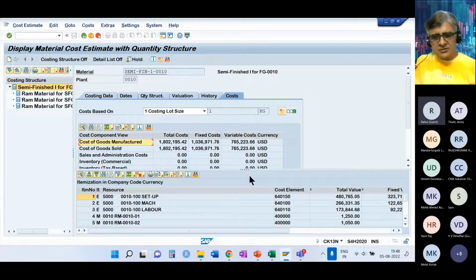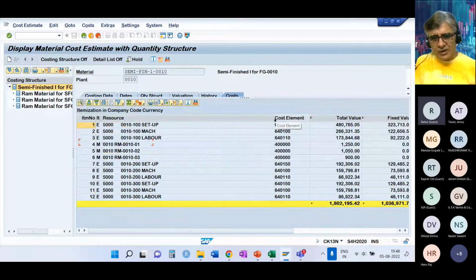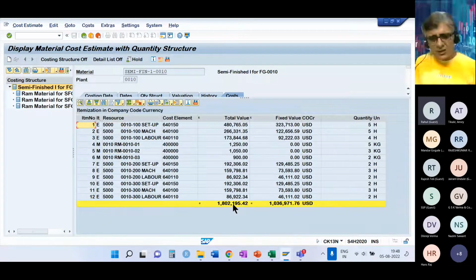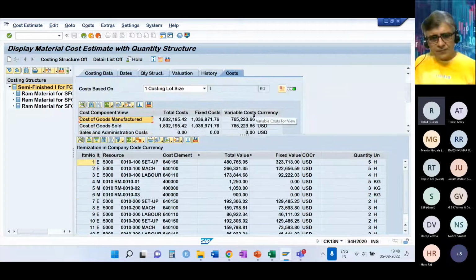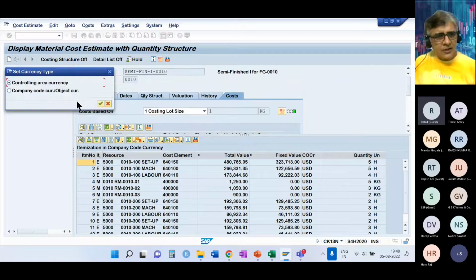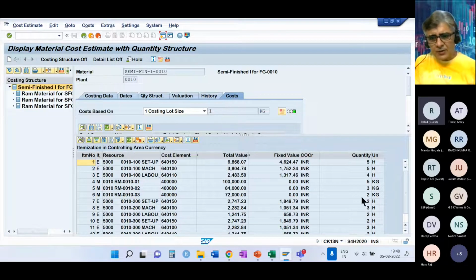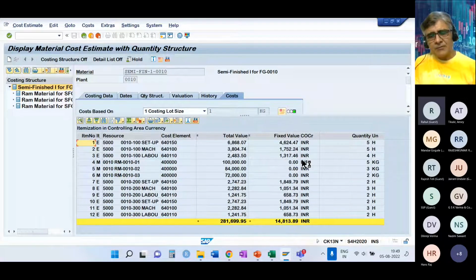Okay, so this is the standard cost that I have calculated already. So here I can switch between my controlling area currency and the company code currency. So it becomes INR, like I already said. My group currency is INR, and that's what I've taken as the controlling area currency.